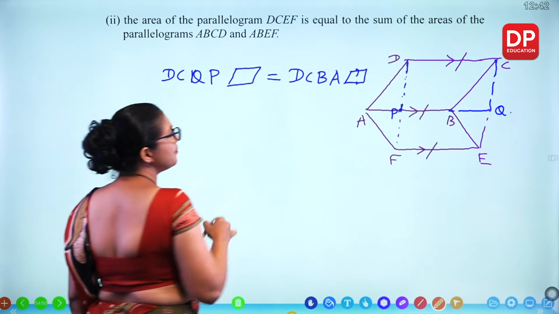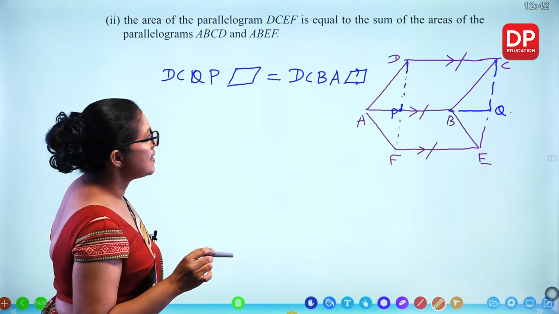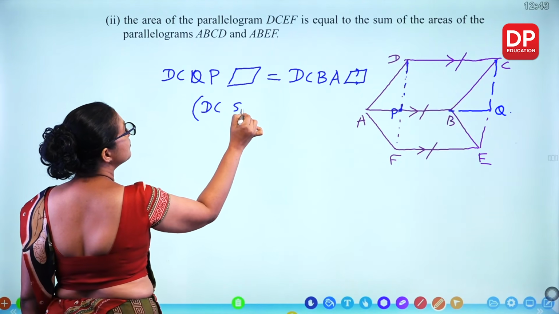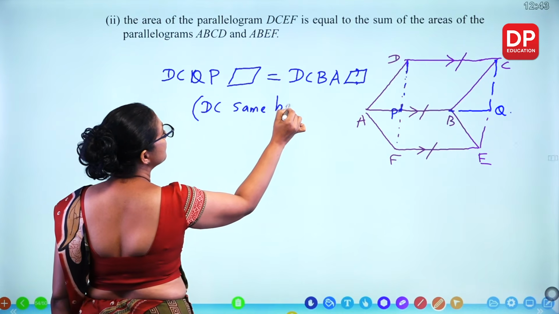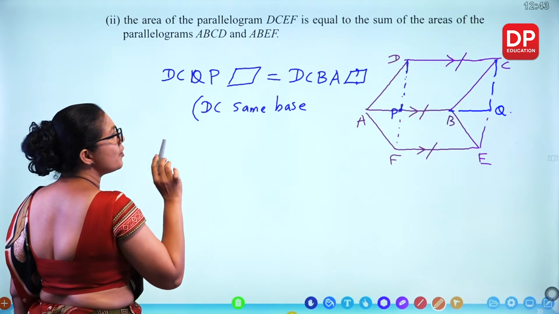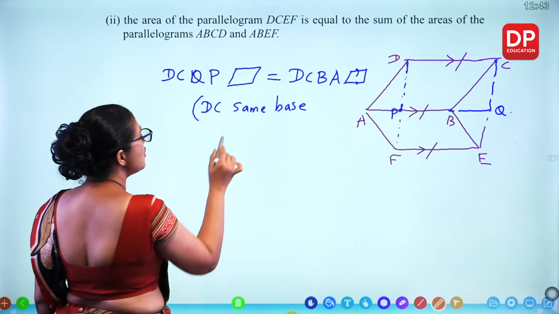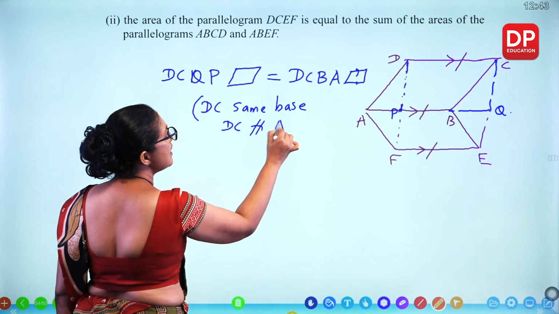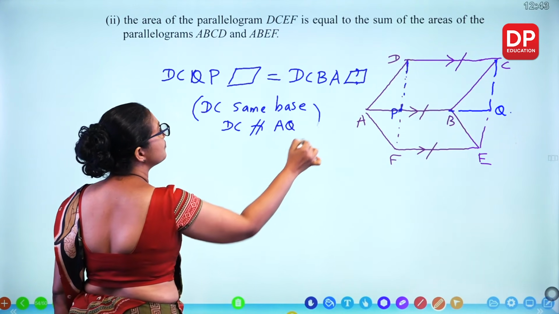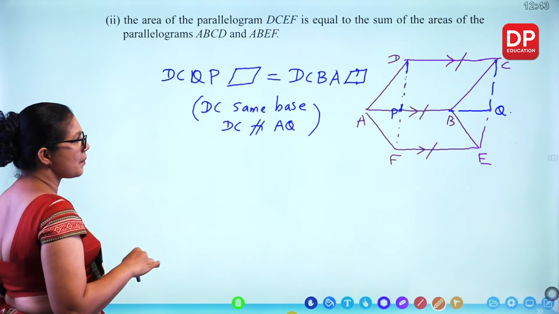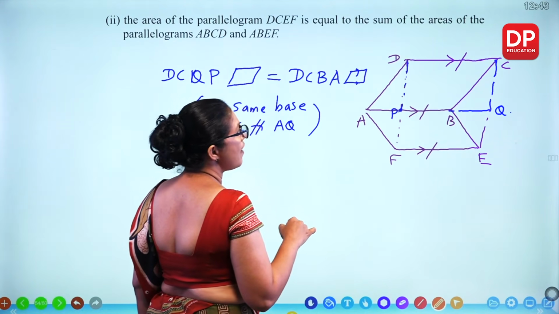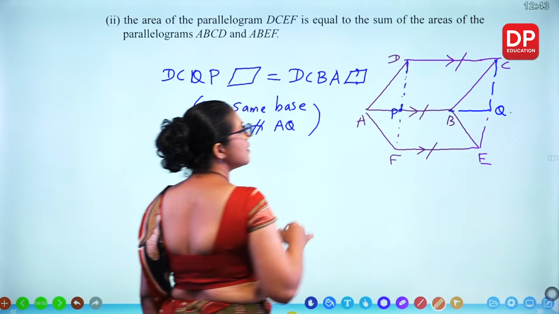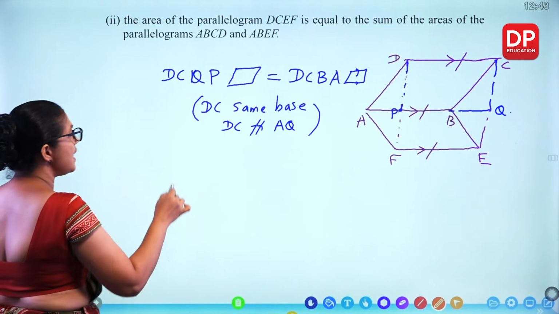What's the reason? DC is the same base, and both these parallelograms are in between the two parallel lines DC and AQ. And also I can write about this diagram: PQ FE